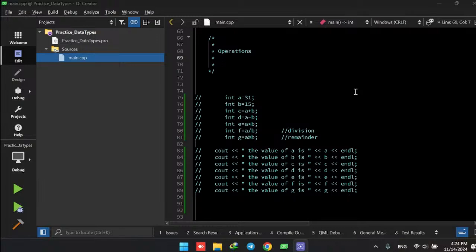Hello, welcome back. In this lecture, we are going to discuss how we do the operations in C++. Previously, we learned how to declare data types, and we learned how to print them in the terminal. So now in this lesson, we're going to do some mathematical operations with the declared data types. So let's dive into it. We declare two integer